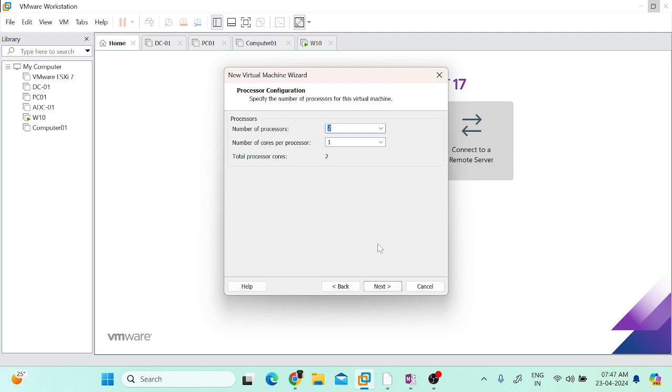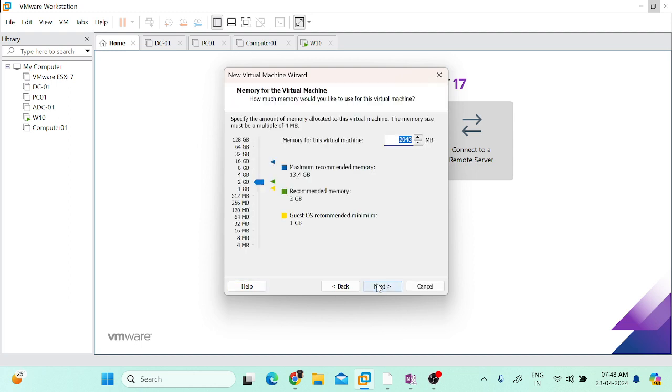That is what this VMware Workstation does. So what I will do, I will just leverage the existing. I have only two processors, so I'll just use the two processors only, two processors with two cores. I'll just click on next, and it is showing me, see, up to a maximum of 16 GB,